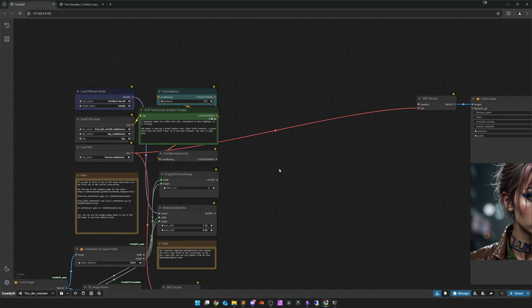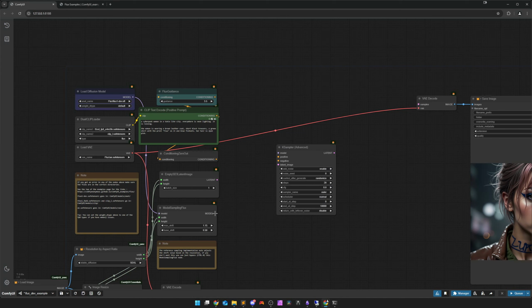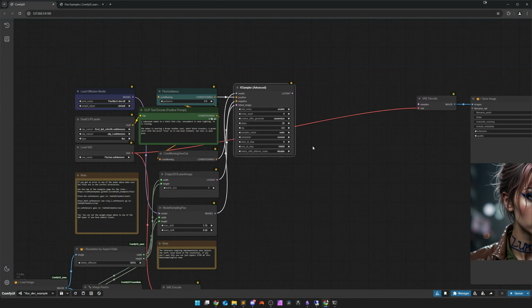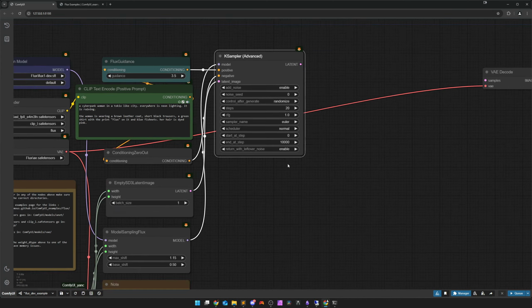We take the KSampler away and take a KSampler Advanced. There it is. Here we also hang in our model. We hang our positive up here from the Flux Guidance. Zero out the negative and we take an empty latent again. So CFG, important, to 1, the rest we can leave as it is. Add noise enable, return with leftover noise enable, and now we copy this sampler once